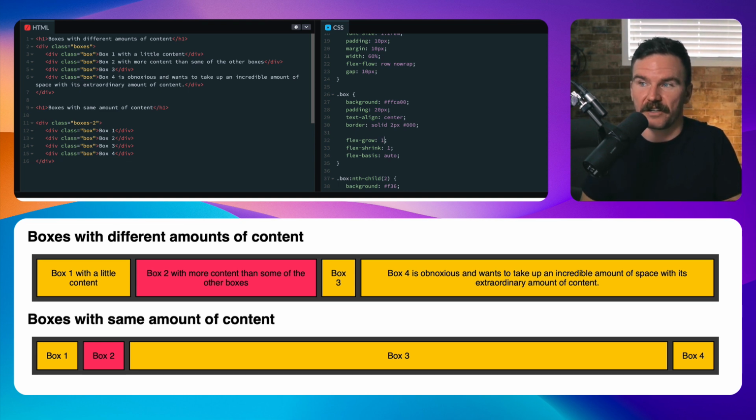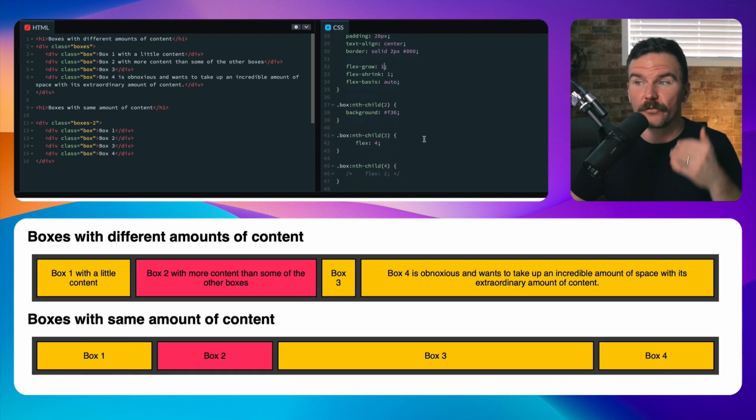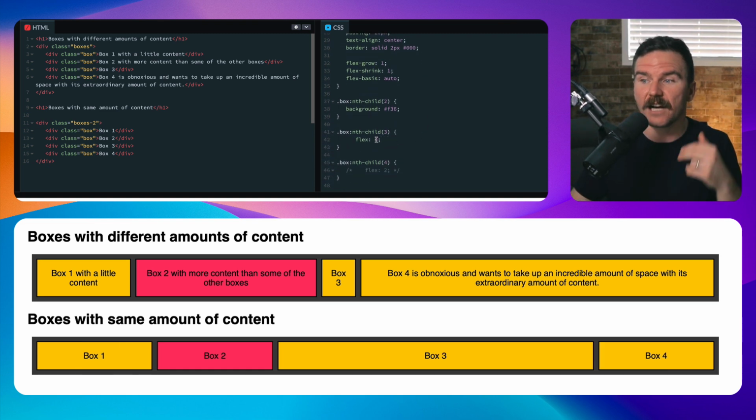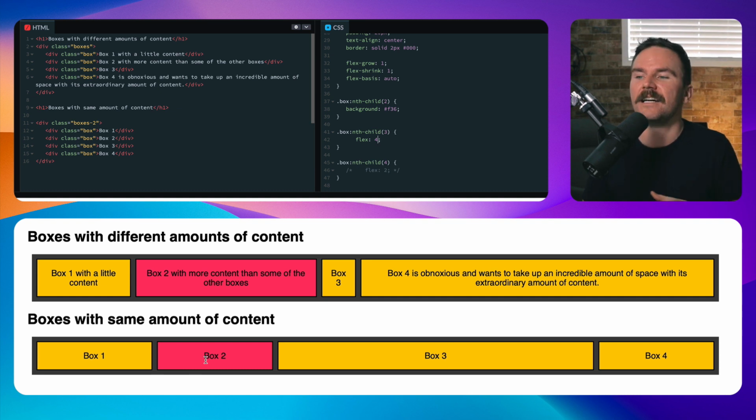But now when they all have flex grow 1, but then box number 3 has flex 4, it's taking up roughly 4 units of available space. So it's more like 3 times the size of a box here. But as you can tell, it's not about the width of the other boxes. It's just about the units of available space proportional to the flex container and the content in each of the